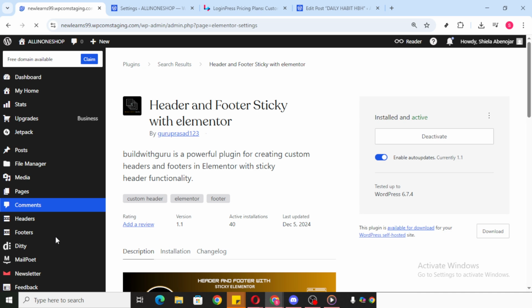After choosing the method, click Save Changes. Saving locks in your selection and applies it site-wide. If you skip this, your settings won't take effect, so make sure you see the confirmation before leaving the page. That's the entire setup. From now on, your site is ready to have the header and footer designed and managed